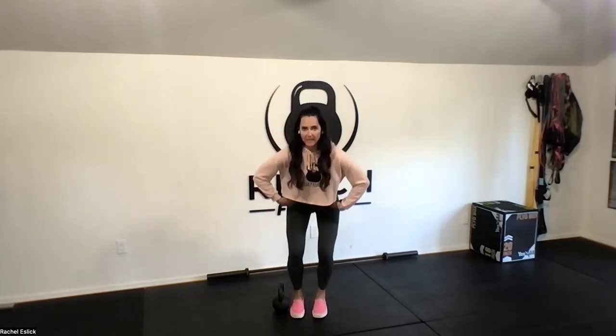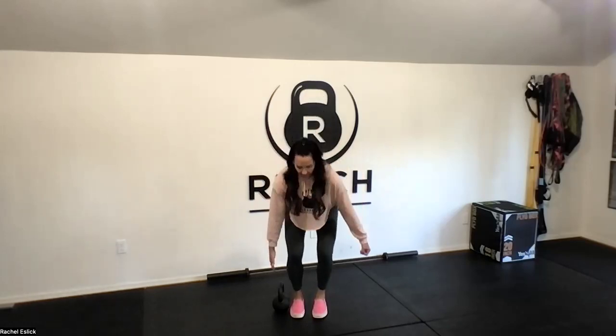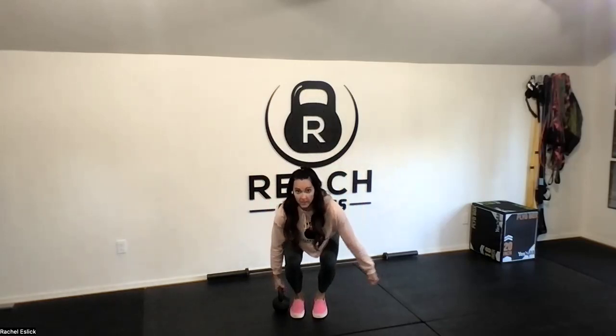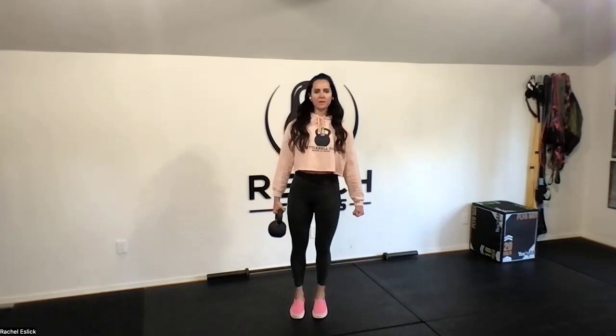I'm going to come down with my right hand. I'm going to push my hips back just like I did on that other deadlift. I'm going to keep my shoulders and hips square as I come down to my kettlebell. My other arm is out here as if I had a second kettlebell, and maybe someday I will. But for today, just this one, and we're just going to pick it up. Now here at the top, I'm standing up nice and tall, shoulders are back, abs are engaged, and I could